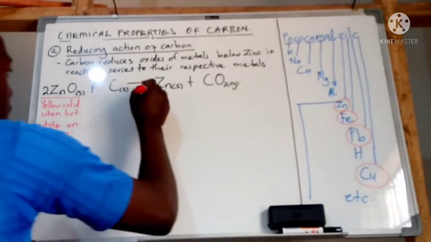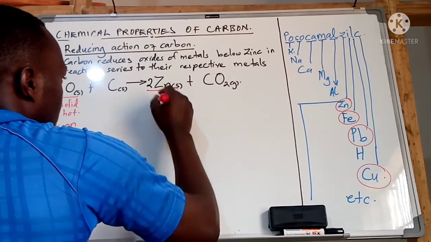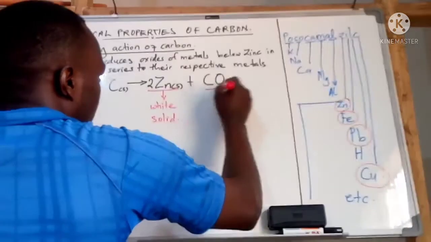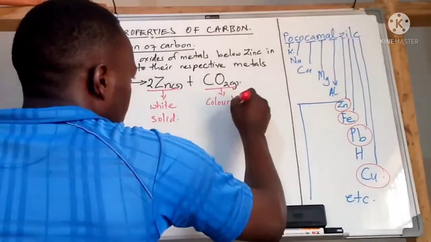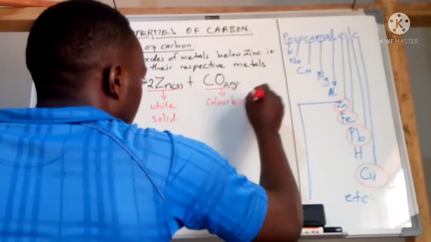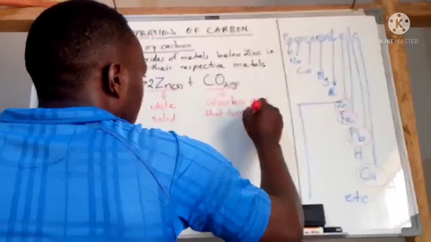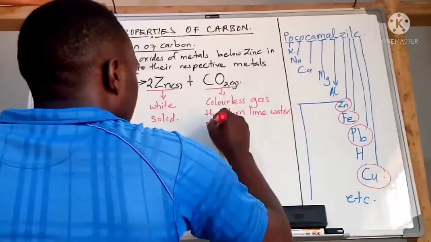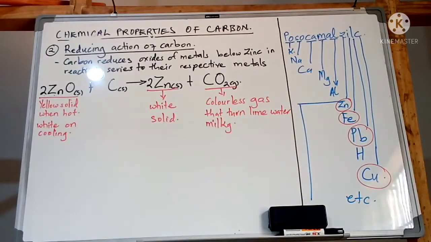When we come to zinc metal, it is white, so it's going to be a white solid. And carbon dioxide, we cannot see it. It is a colorless gas. However, it can turn lime water milky. So if I'm to state my observation, I will say